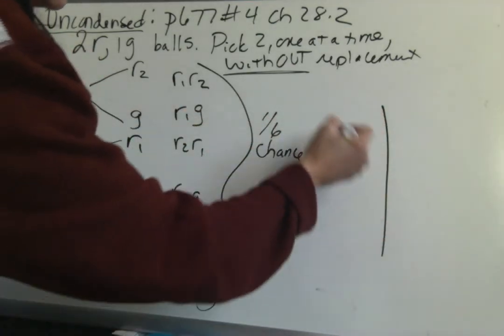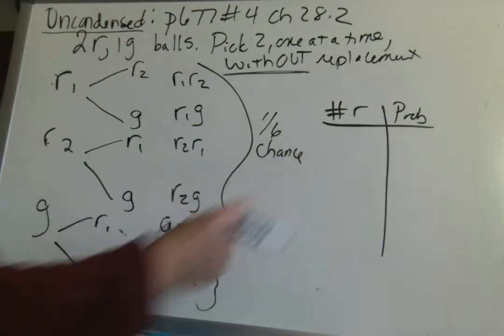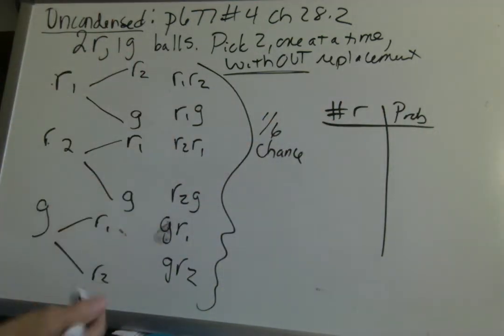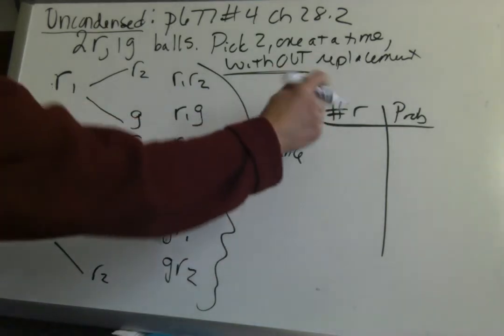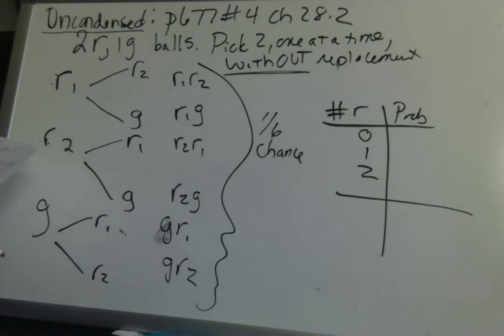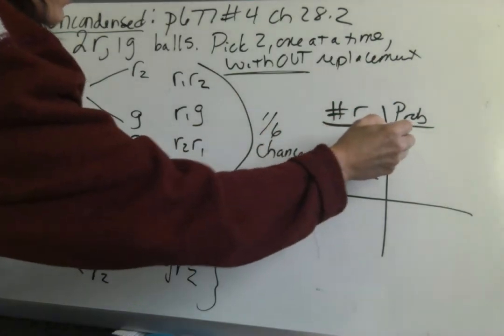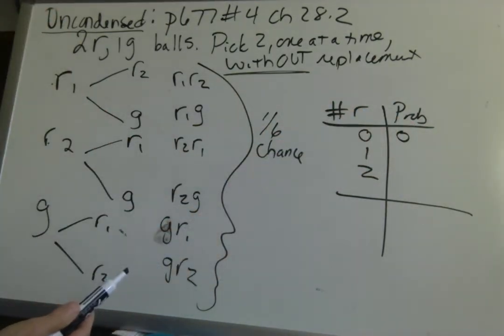Let's just get organized though. Let's say, again, I'm interested in the probabilities based on how many reds there are. Now, this question, I don't really care if it's red number 1 or red number 2, just how many reds. All right. So, well, I couldn't have both greens, right? Because I only had 1. So technically we didn't need to list that. I just wanted to keep it consistent with the last problem I did.